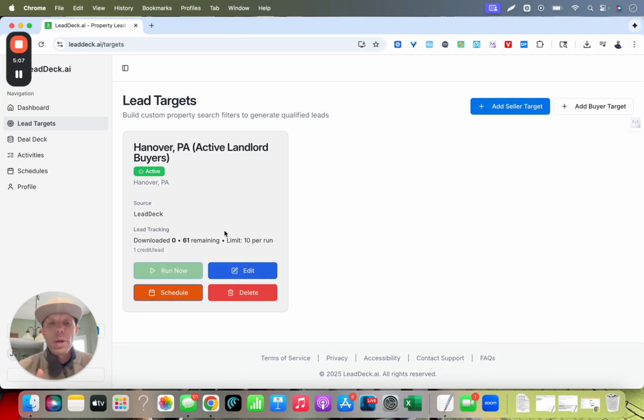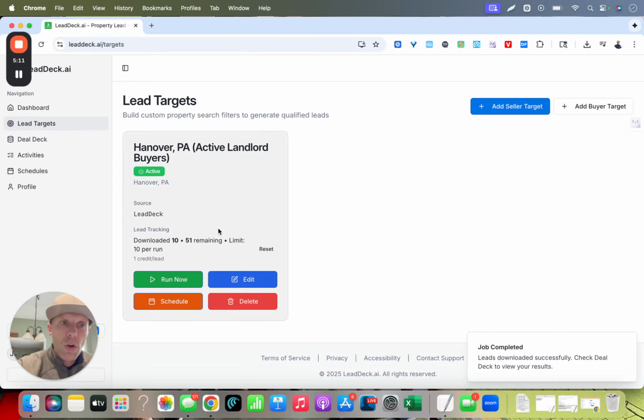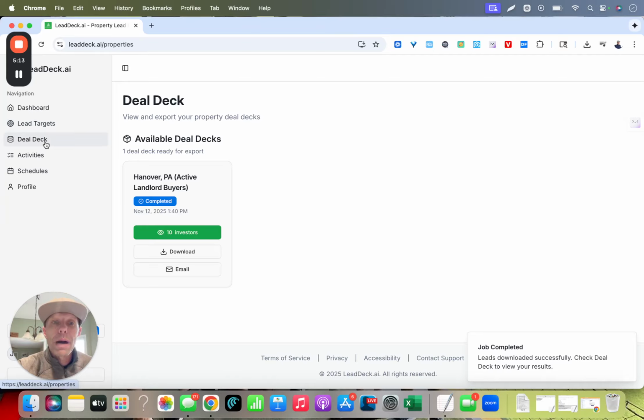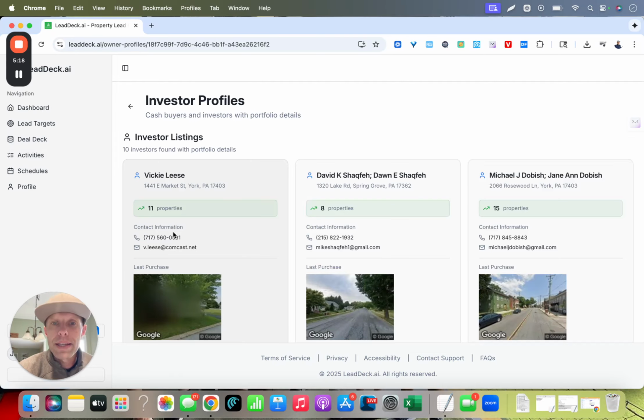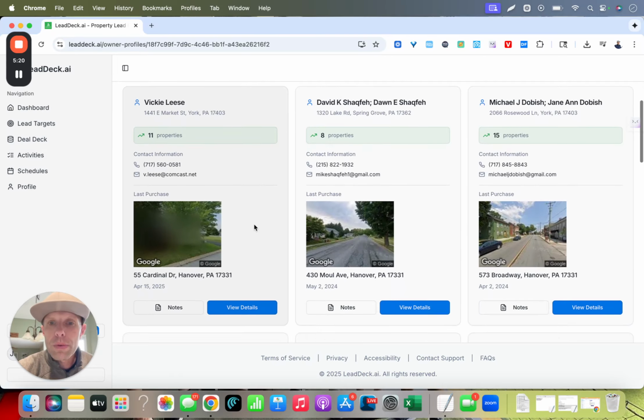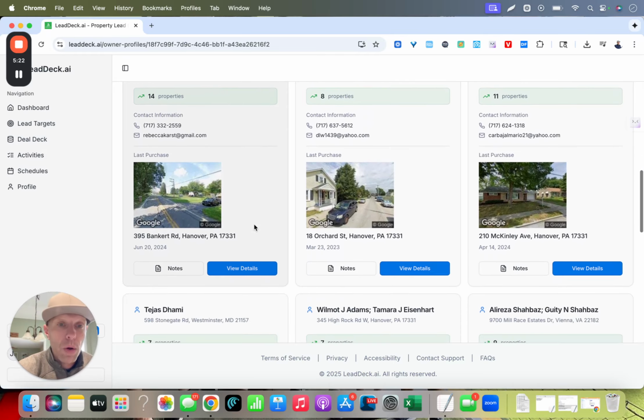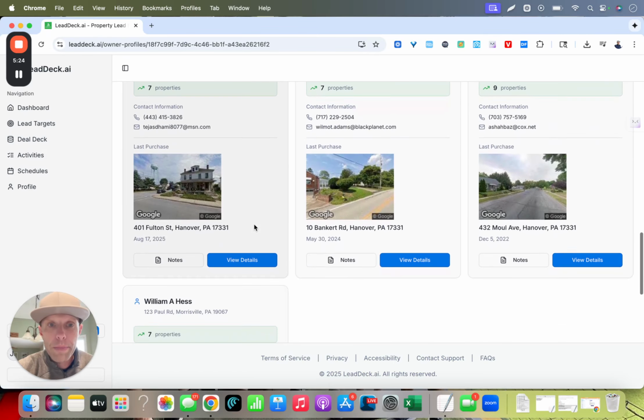So what that is doing is it's going and getting the first 10 that fit these criteria, and it's adding it to my lead deck. Now look at this. So I go to lead deck, and I've got 10 investors. And I can start reaching out to these investors to let them know about this turnkey rental property that is